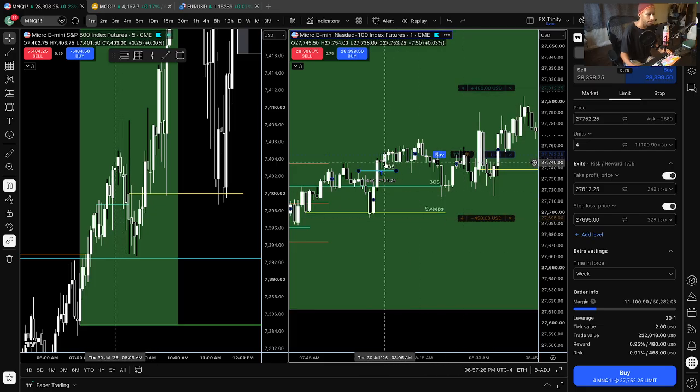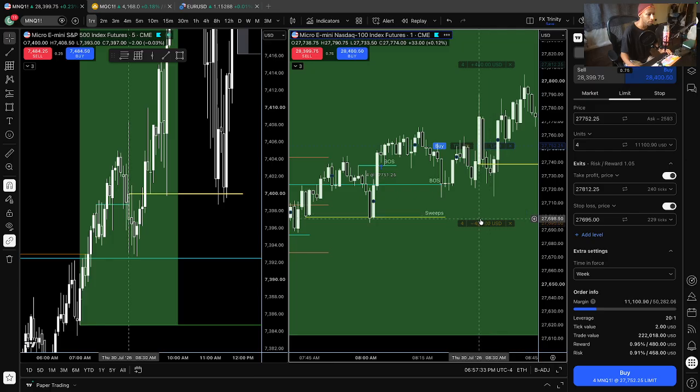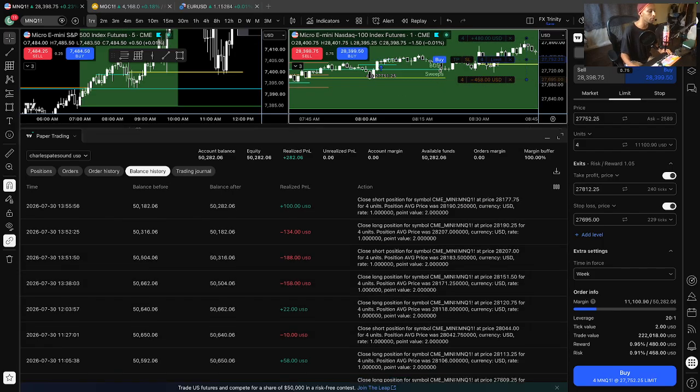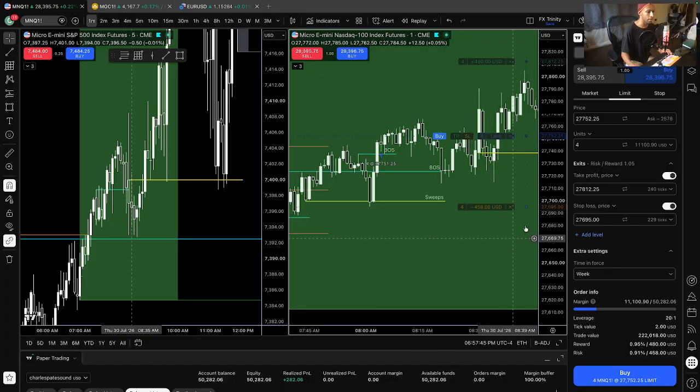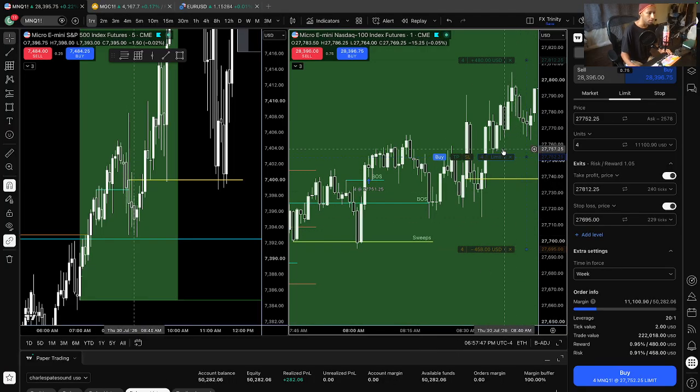I got in on this candle because I bought when this one closed, and then I just remember my stop loss being... like, what was the profit? My stop loss was right there, and the profit was 464. That means I dealt with a little bit of slippage. That means I really got in like right there, like at the top of this candle right here. And then